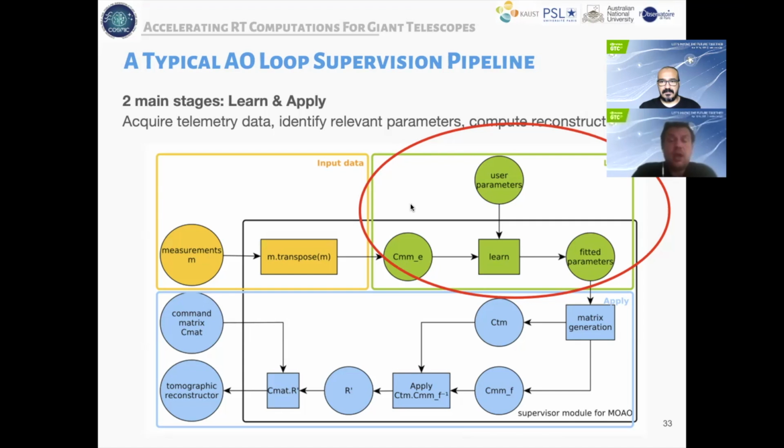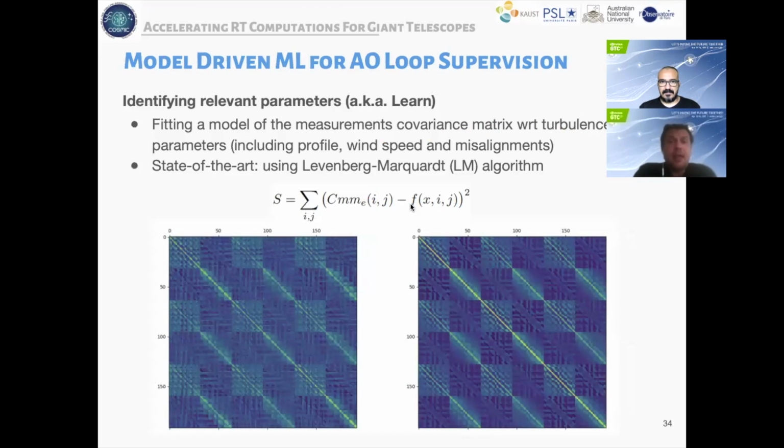So let me first concentrate on this first part, the learn pipeline. And this is really a model-driven machine learning, where we compare a model for this covariance matrix with the actual data that we have measured on the bench. And we are fitting this model with state-of-the-art optimization approaches, and in particular the Levenberg-Marquardt algorithm, which allows us to cope with nonlinear models and